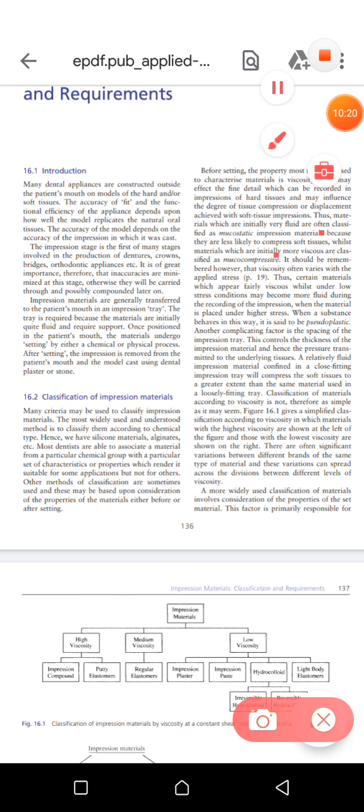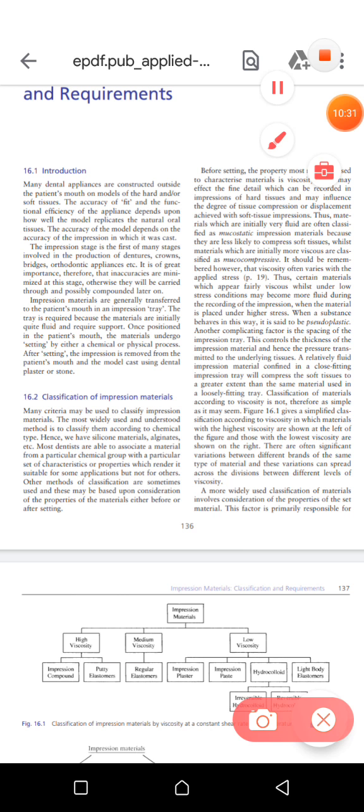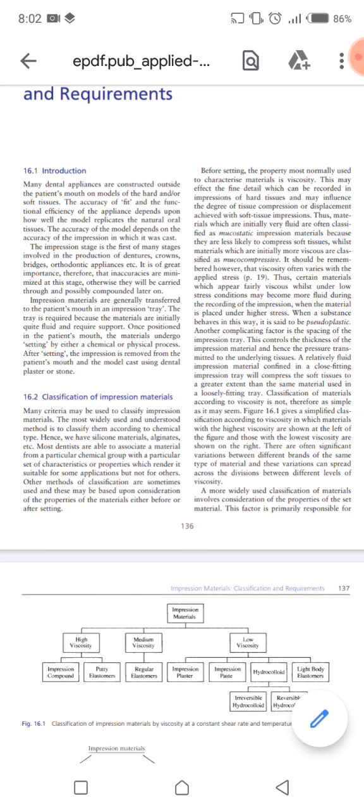Okay, I know this book is tricky, but yeah. And there is this term pseudoplastic. What is pseudoplastic? Pseudo means false, so it is said to be false plastic. So you need to remember this. And after this we will be discussing